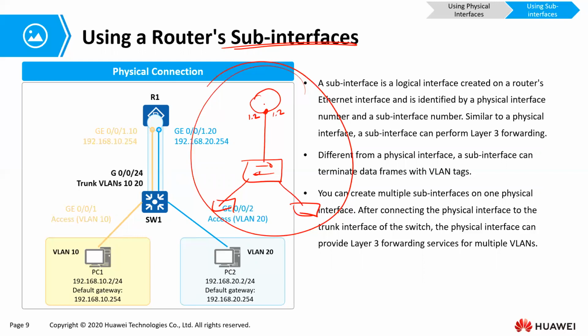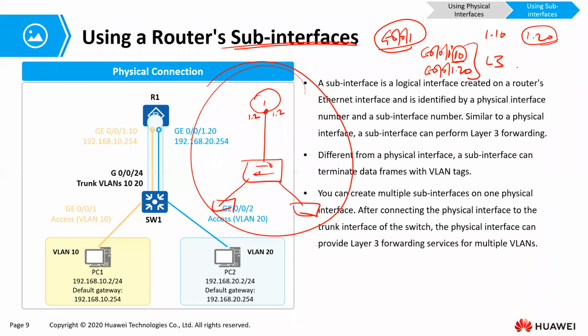It is interface 1, okay? The interface is gigabit Ethernet 0/0/1. So out of that, we create gigabit Ethernet 0/0/1.10. We like using this number after the dot to be the same as our VLAN. So if it's VLAN 10, we can do 1.10. VLAN 20, 1.20. So it is easy to identify, okay? So we do again gigabit Ethernet 0/0/1.20. Now we have 2 sub-interfaces, which are both layer 3 interfaces.